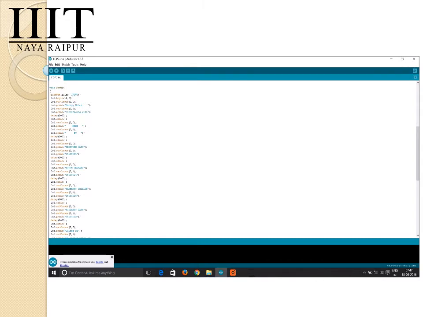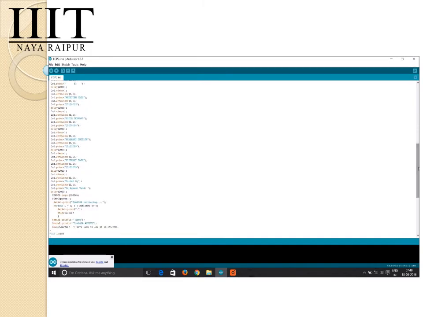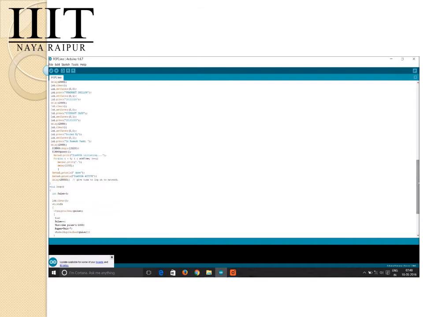Then we have lcd.print to print the following on the LCD display: energy meter interfacing made by our team members, their names, and our course instructor Dr. Ramesh Vaddi. In the next step we have Serial.print "SIM900A initiating". This just gives the message that the SIM900A module has been turned on.